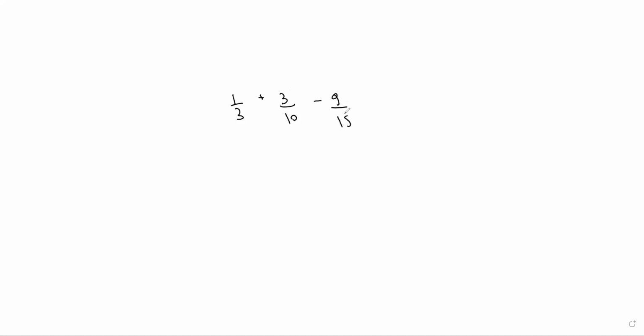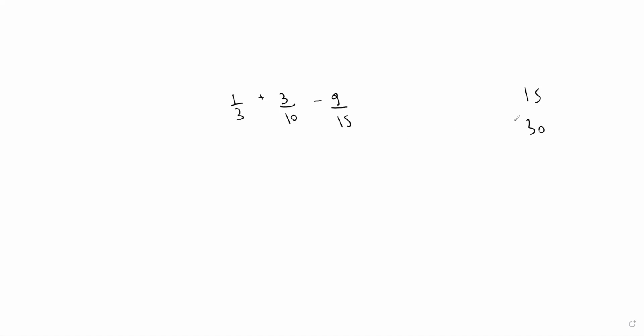For this one, I would use my method, which is where I just look at the largest number on the bottom. I test to see if that works first, and then I start going through multiples of the first number, and I just pick the first one that works. So for example, 15, let's try that. 15 does not work. It's not divisible by 10. 30 works for both of them.